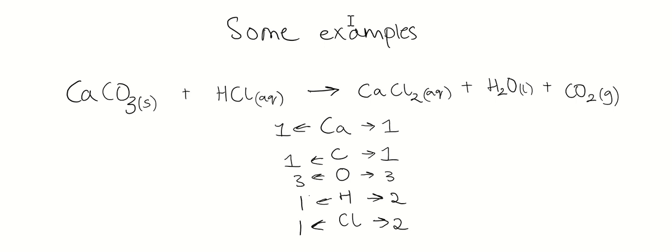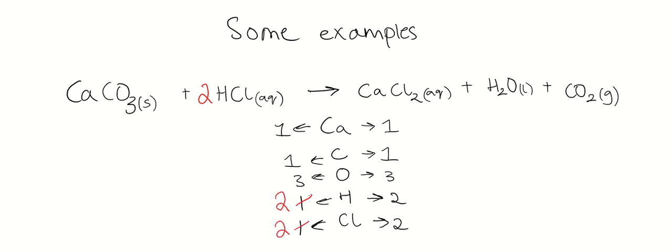and product side, 1 atom of hydrogen on the reactant side and 2 atoms of hydrogen on the product side, and 1 atom of chlorine on the reactant side and 2 atoms of chlorine on the product side. This equation is half balanced, and in order to fully balance it, we must add a 2 in front of the HCl on the reactant side so that there are now 2 atoms of hydrogen and 2 atoms of chlorine